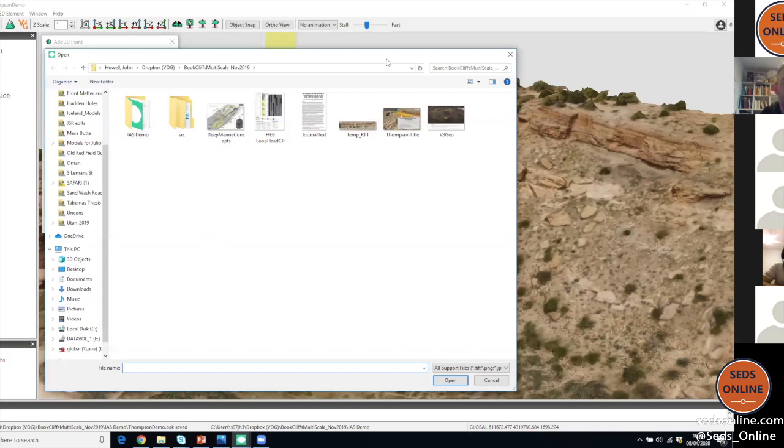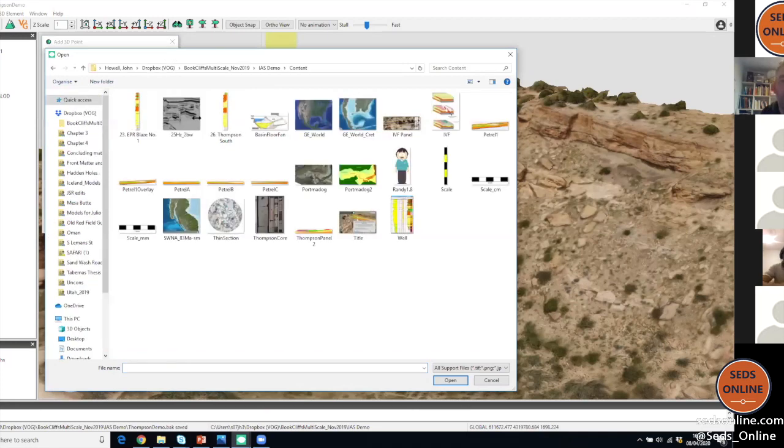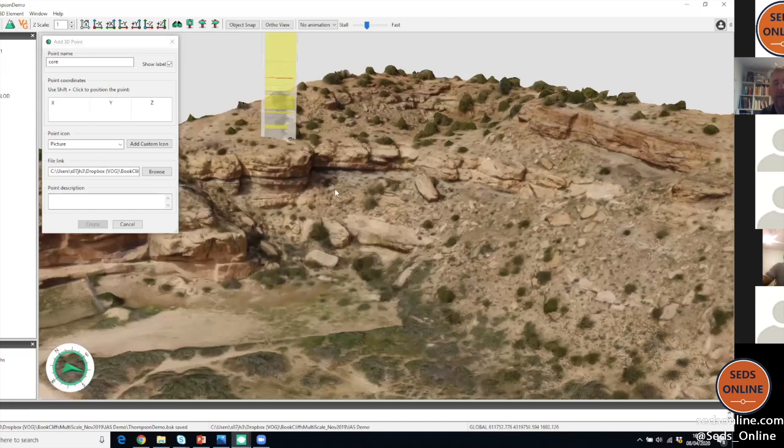Here's my content folder. Here's a bunch of content I've decided I would maybe quite like to put into the model. Maybe I want to put the thin section in, the thin section photograph. And now I just press Shift and click, and that will place that there. And that's it, it's created. Now if I want to edit that,